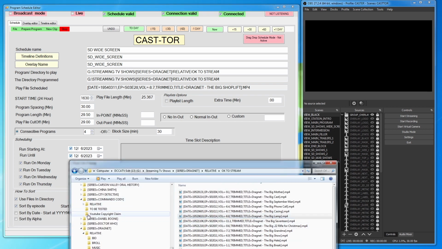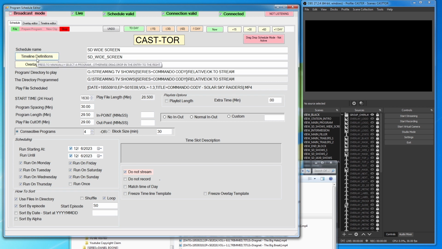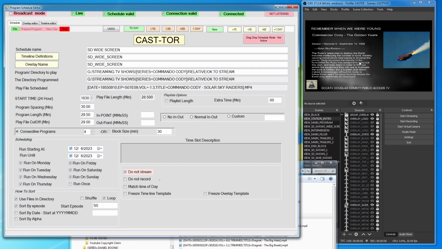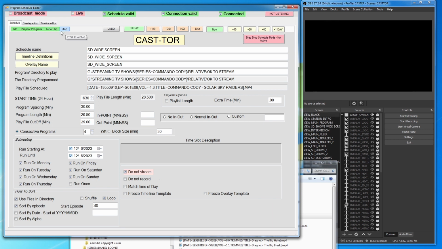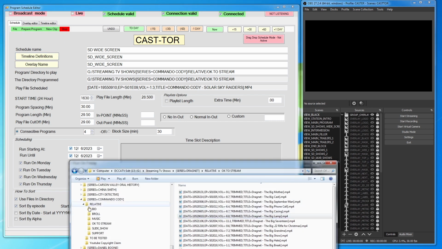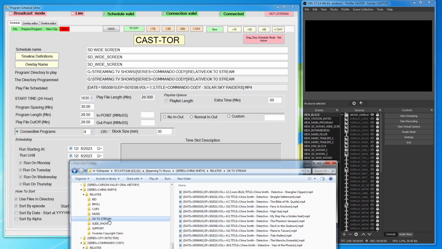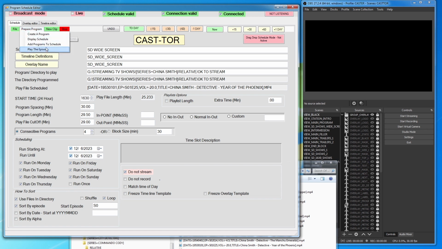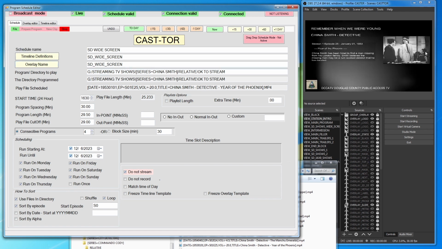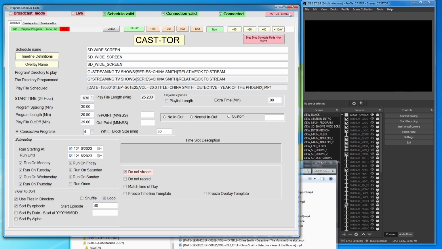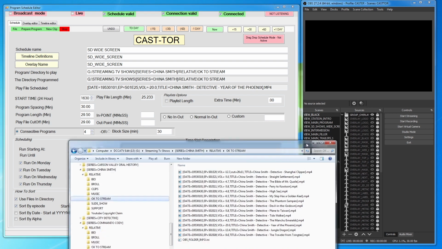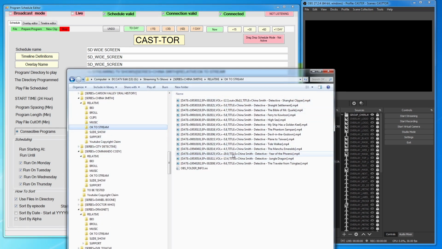We have Commander Cody. Run that. I just love 50s shows. We'll do, let's see, here's China Smith, and I'm just dragging the MP4s into here. Does the right thing, slideshow's right. Okay, so you can see that you can use one set of templates, drag and drop different lists of MP4s,